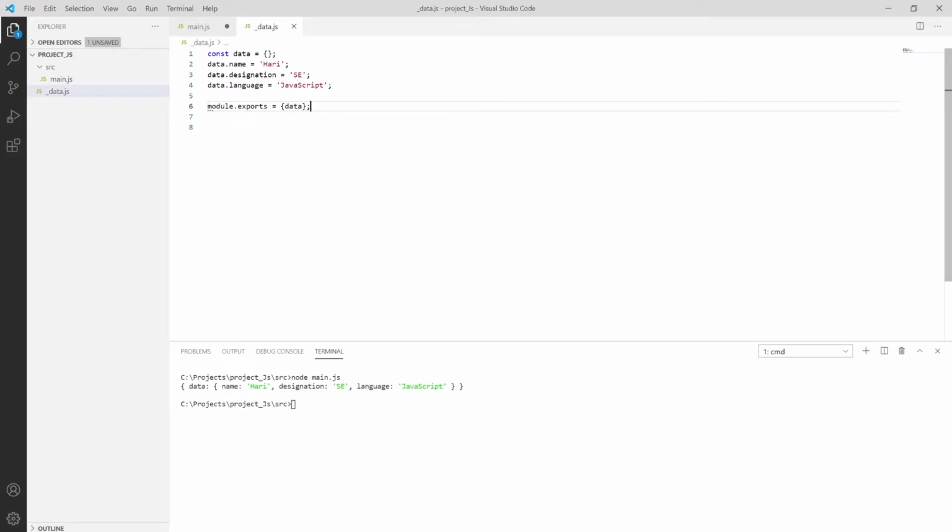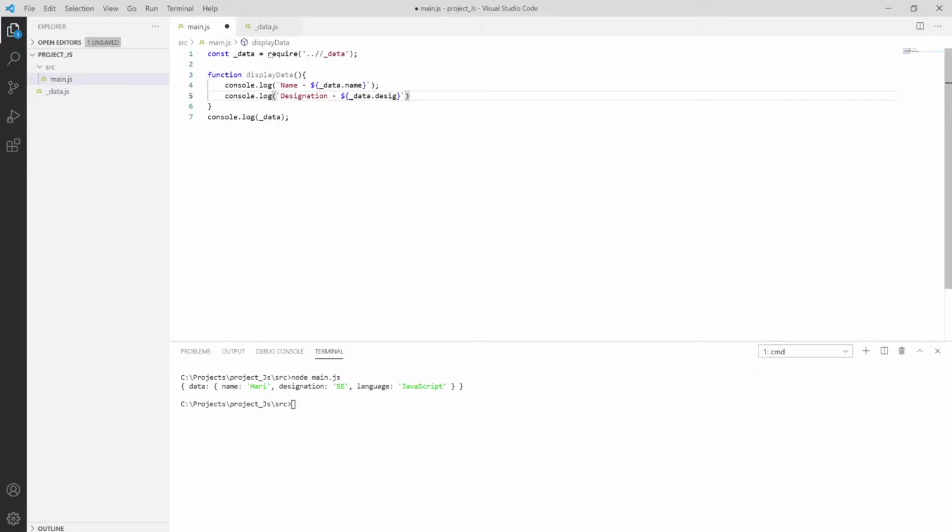As you can see, I already created this and just copied it, because if you misspell anything, it will create an error.